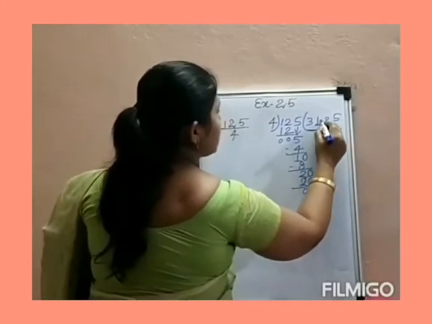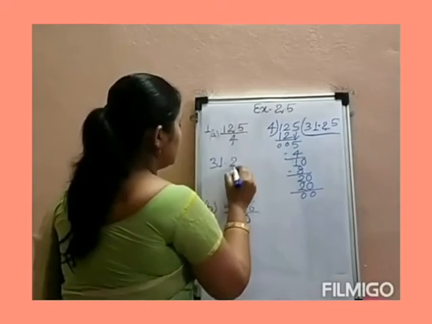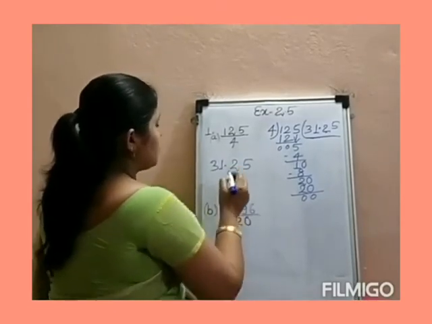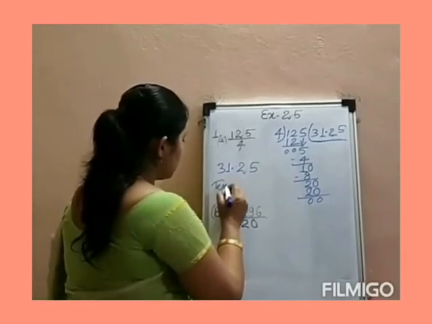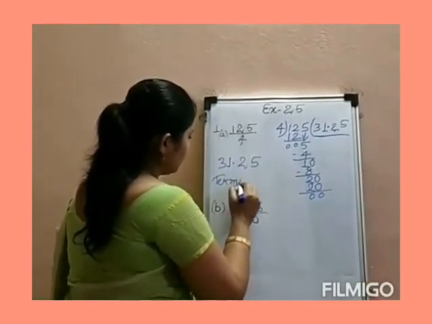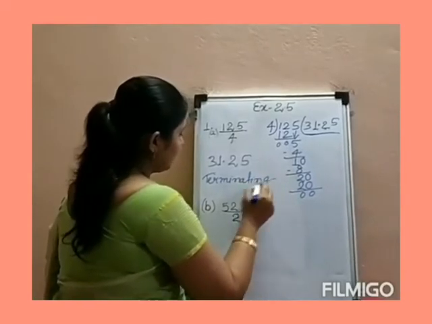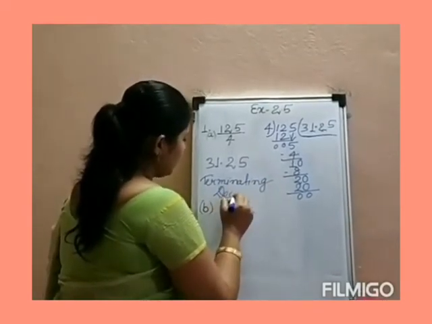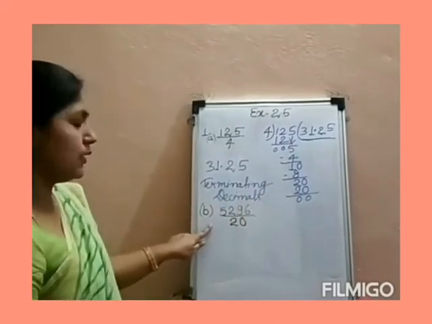Here after the decimal, the numbers are finite. It means after decimals the numbers are finite. It means this is a terminating decimal. The given rational number is a terminating decimal. The next question is